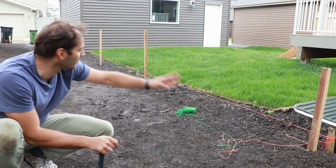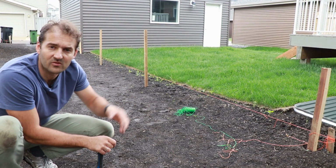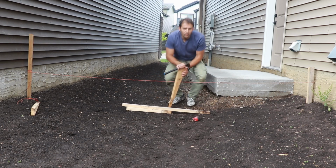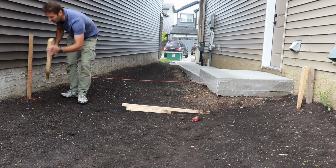Now we have all our 4 posts marked, and once I come here with the auger, I'm going to remove the pickets and I know where to drill. And it's basically the same thing with the other side of the house. Wherever you do your fence, you're starting with one post. So I'm going to make a mark over here and a mark over here,